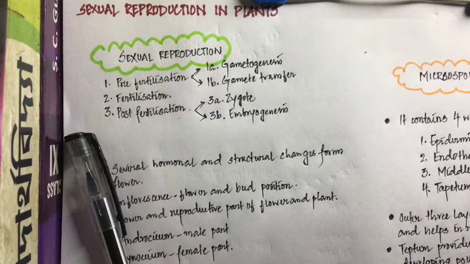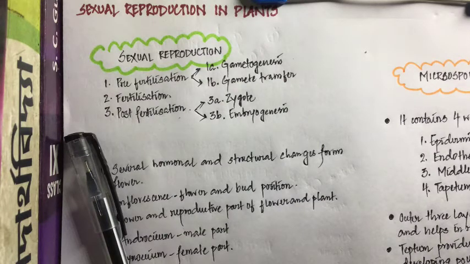Hello everyone. So today we are going to discuss the second chapter, that is sexual reproduction in flowering plants. In this chapter we'll be discussing how this sexual reproduction occurs in plants and what are the different things we need to know. Before we move deep into this subject, let us remind ourselves that sexual reproduction is a very complex process